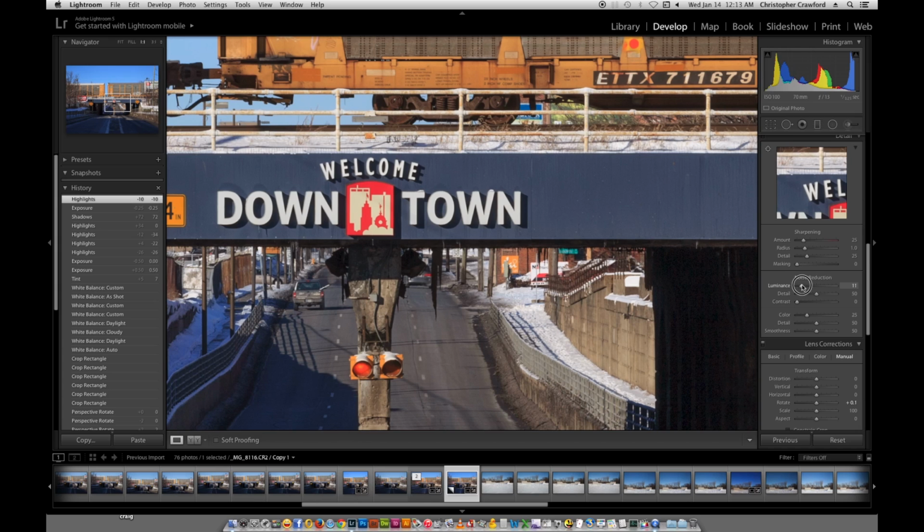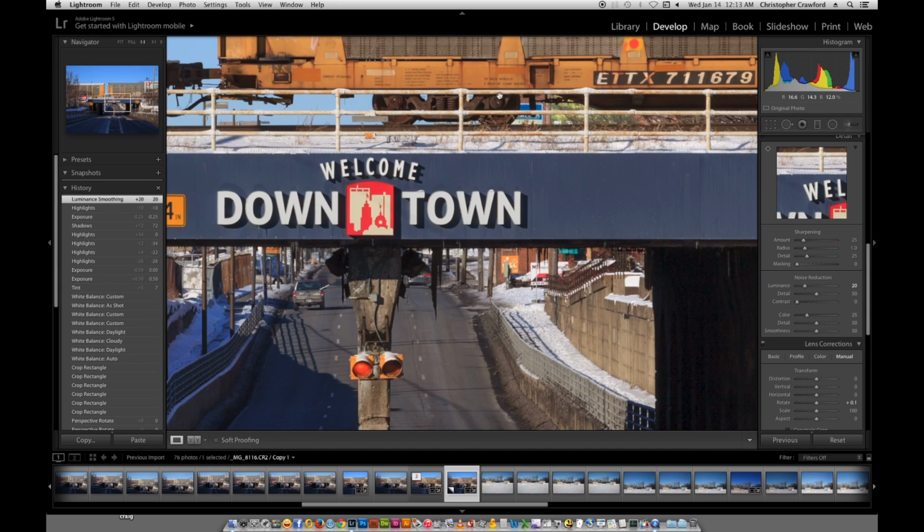And if we raise the noise reduction up to about 20, we can see the noise is starting to soften out here. Lightroom is slow with their noise reduction. When I pulled the slider up, I had to wait a few seconds for the actual adjustment to show on screen. Now when we've done this, we've reduced the noise quite a bit, but we've also lost sharpness in these